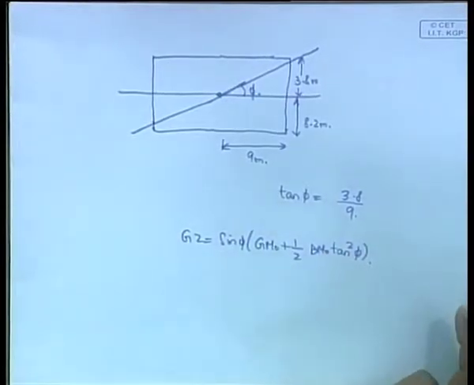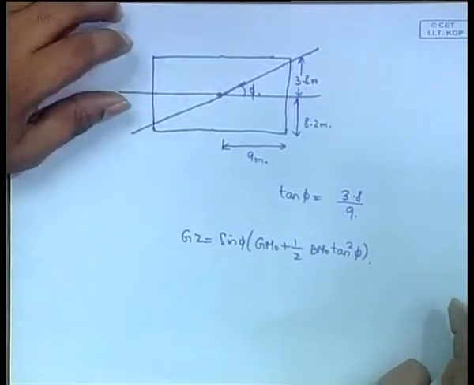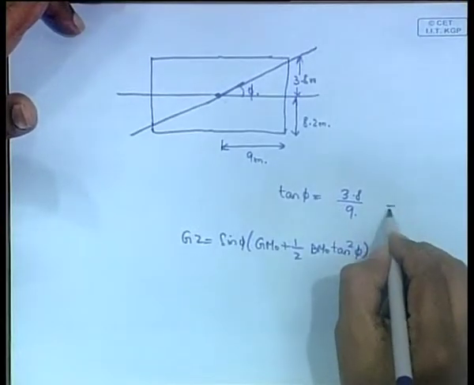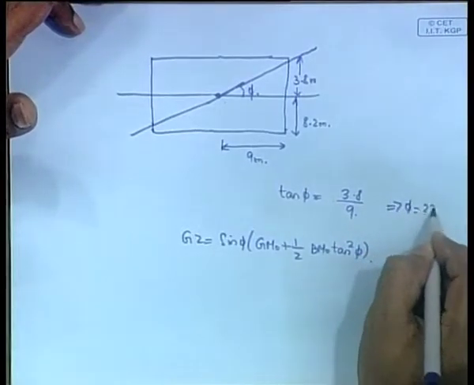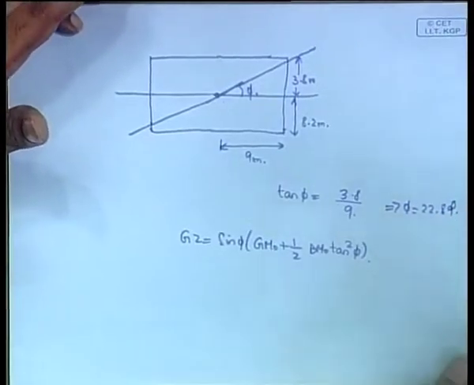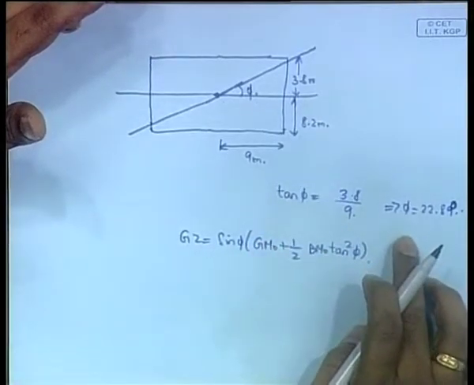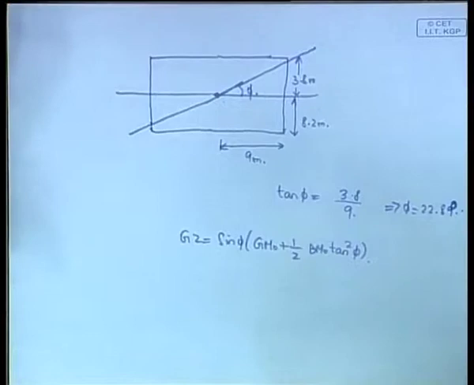So, you use the wall sided formula, this is the wall sided formula we use. So, we just calculate. In this case, phi came to be 22.89. Provided you have this, you get your deck edge immersion angle to be 22.89 degrees. So, your problem is now to find your area under the GZ curve from 0 to 22.89.